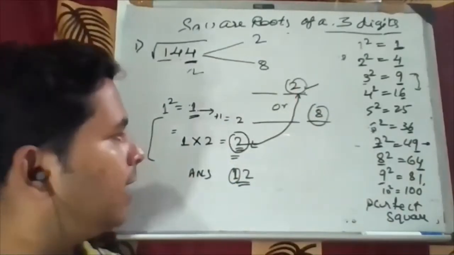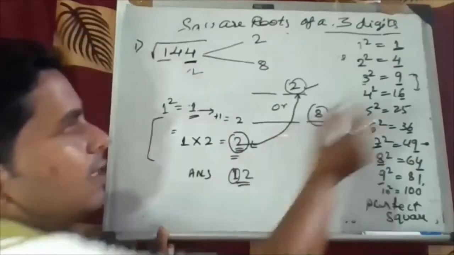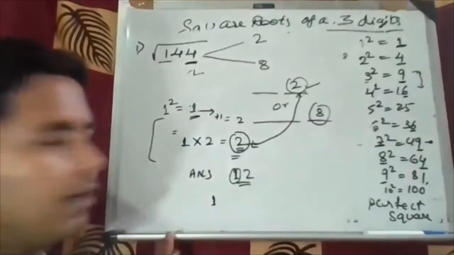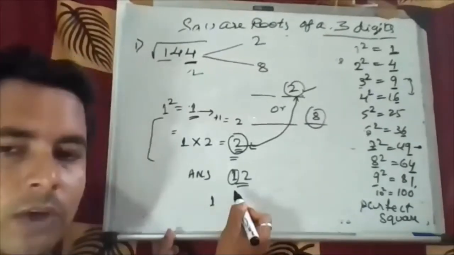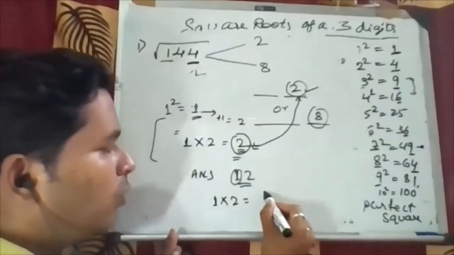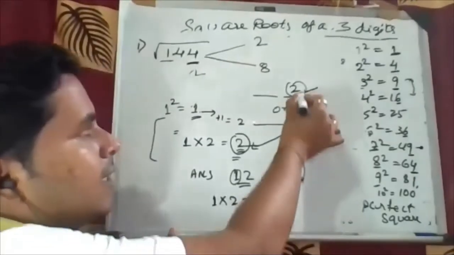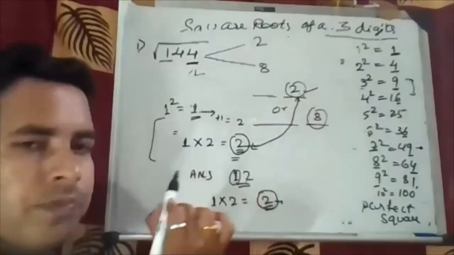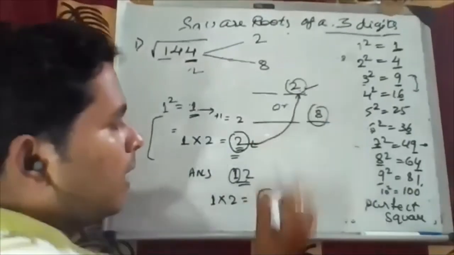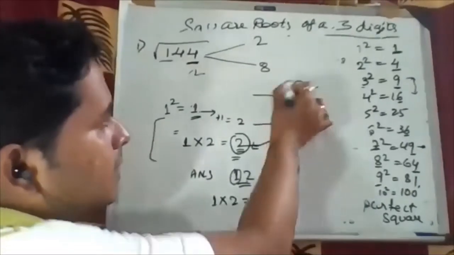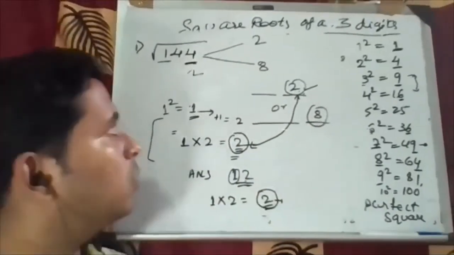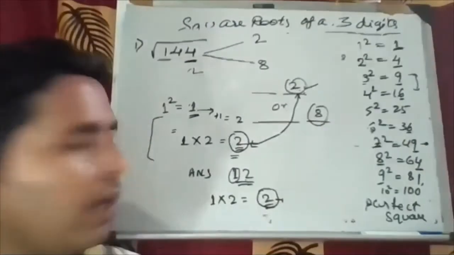Is it 2 or is it 8? For that, what to do? The first digit is near to 1, and what was its square root? It was 1. Increase that value by one. If I increase the value of 1 by one, so that is 2. Multiply with that, you'll get an answer 2. So if the answer you got is the same as 2, then consider 2. Is it near to 8? Then consider near to 8. Is it near to 1? Instead of 2, if it is a 1, consider this as a 2. Or if it is same as 2, consider the unit digit as 2. So here you'll get an answer as 12.